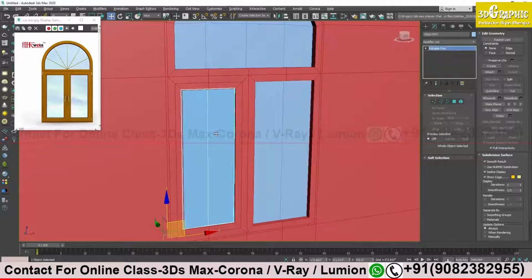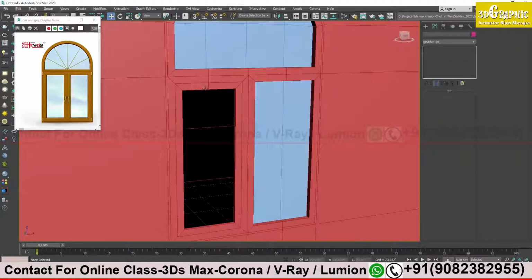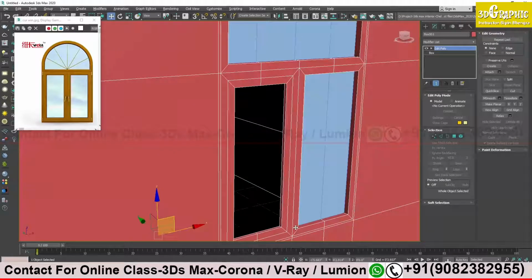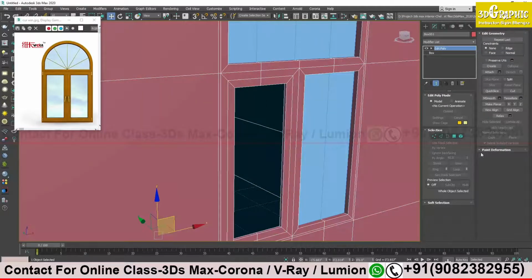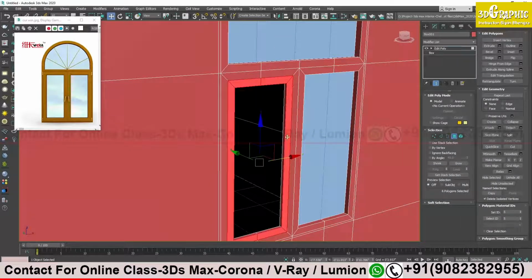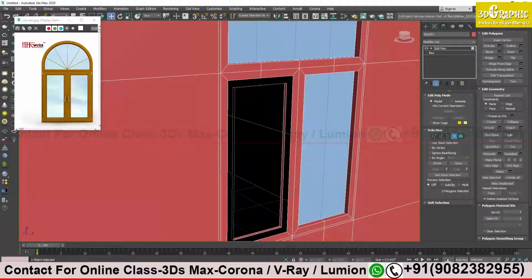First of all, I have to delete this glass portion. Secondly, I will click over here, and now the inside one I will delete as much as I can. I will select face, click here, press shift. If I press shift, I can select this entire row altogether and then delete.